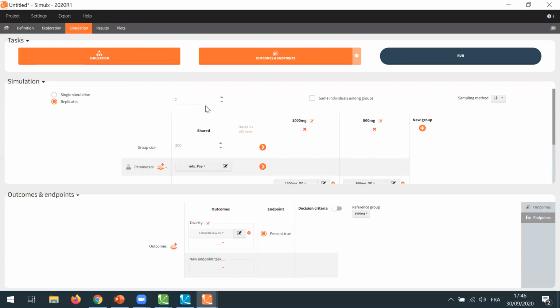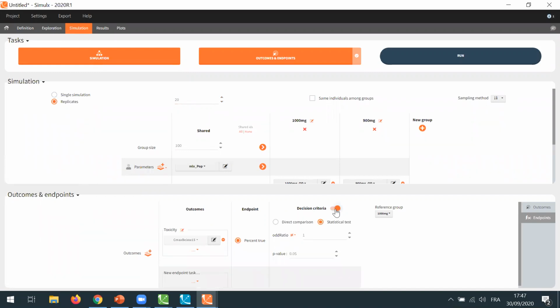So to have a reasonable computing time for the demo, I will choose 20 replicates, and I will decrease the group size, the number of individuals in each simulation group, to 100. And moreover, here in the part for outcomes and endpoints, I will select decision criteria.